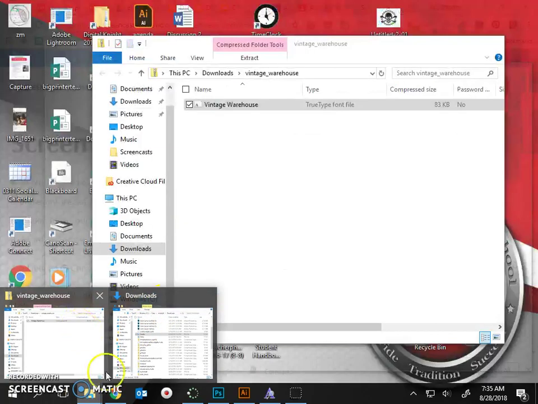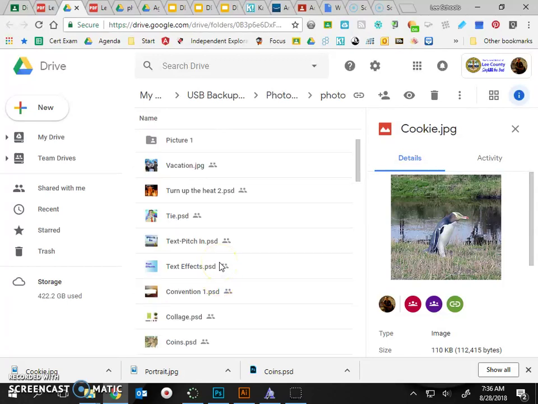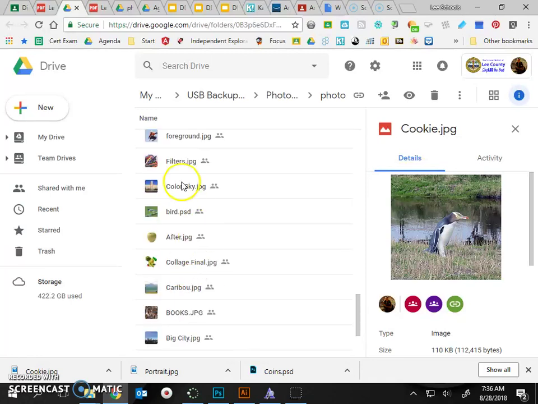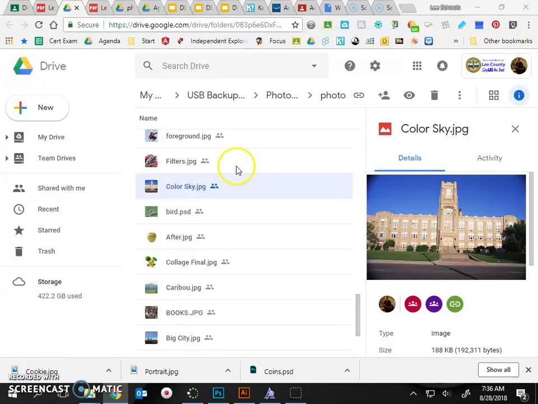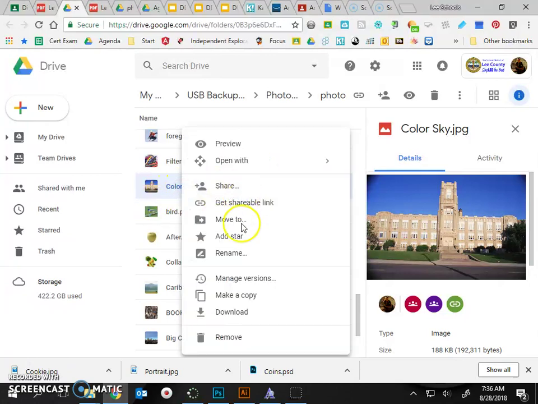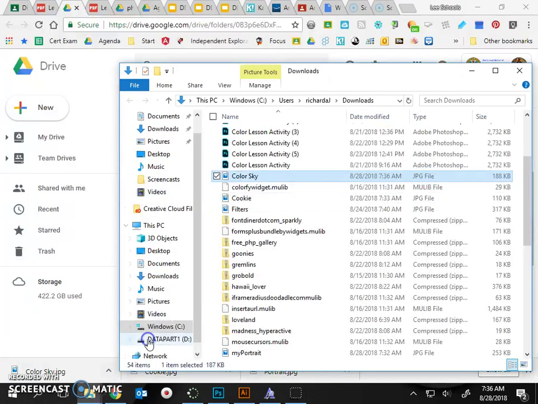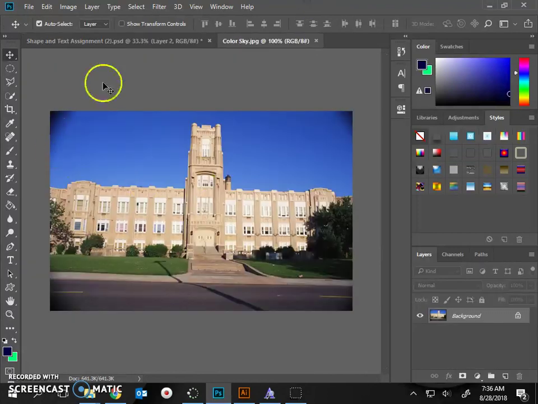All right, so you go to color sky in that photos for PS. Should be in there. You guys see color sky? There it is, color sky. And if you right click that and go to open with, not open with, sorry. Right click, download. I'm just used to doing this from your file system. And then once you do that, go show in folder, and you can drag that into Photoshop, drop it on the menu bar again, and boom,